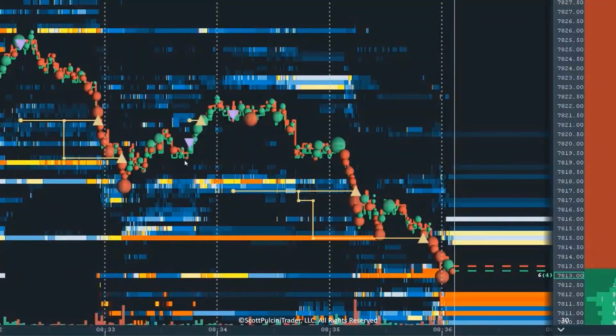Ideally you want to see sellers taking over after this exhaustion, and more red dots increasing and pushing the price down, which didn't happen. I saw more volume coming in. If it gets below this high, I'm like, okay, I'm out. I'm willing to take this couple of ticks,